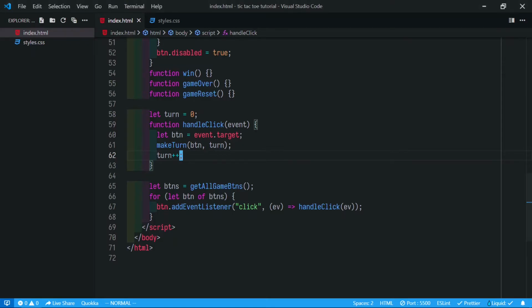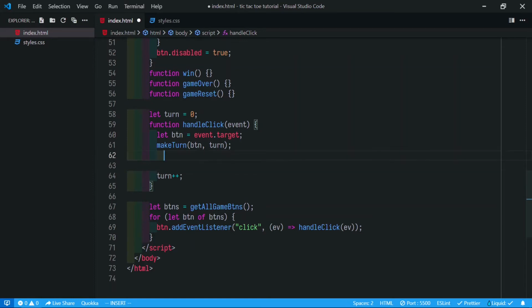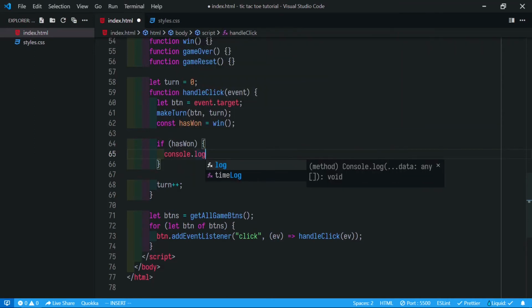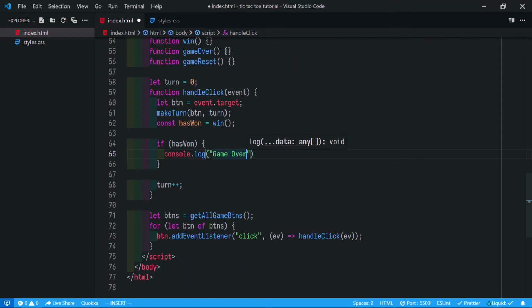We can do that by calling the win function. What it will do is return a boolean as won that we can check later. So we check if has won, we console.log game over and turn. What turn is, it's the number whose turn it is right now.